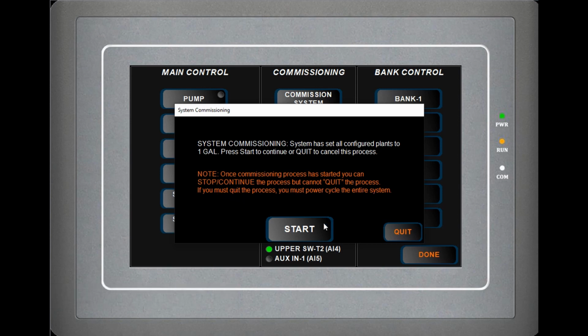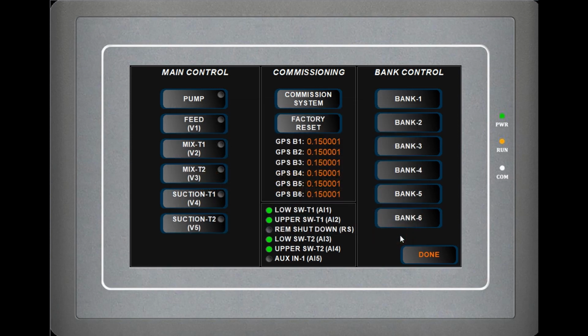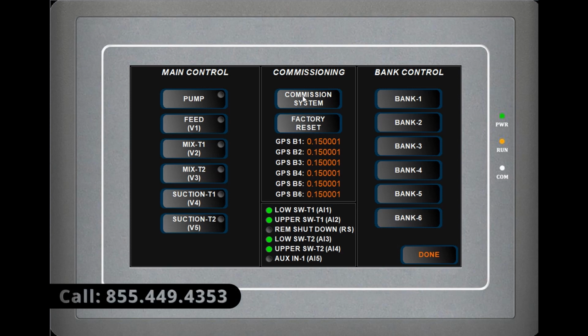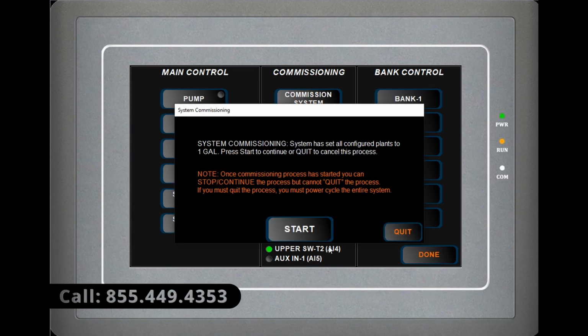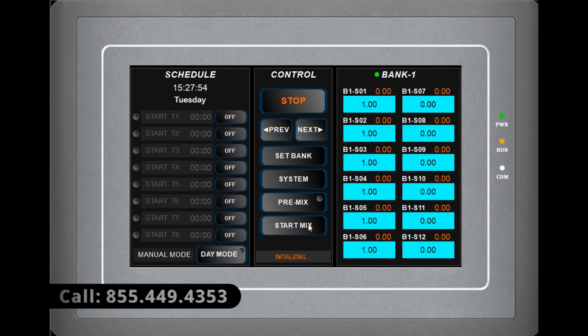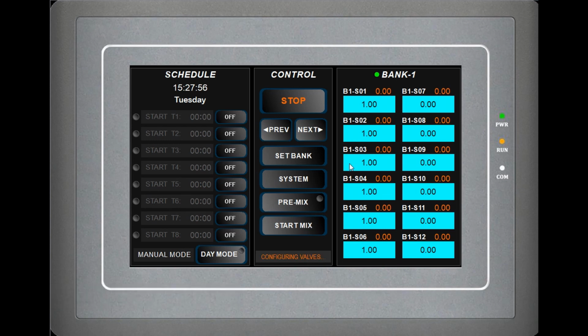So that's that. If you choose at this point, I don't want to do this, never mind, I want to back out, you just back out. It's that simple. And whatever values were here prior will get reinstated. So that's your one chance. If you don't want to back out, you read this and you're good with all these terms, you go ahead and click start. And here we go. So configuring valves,